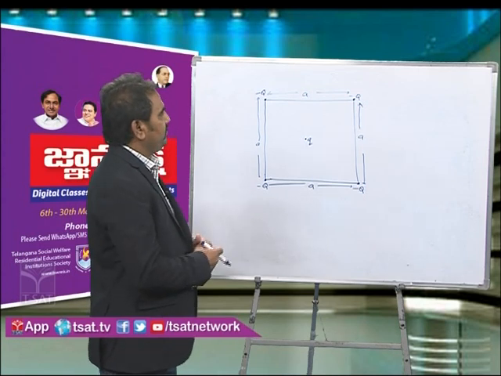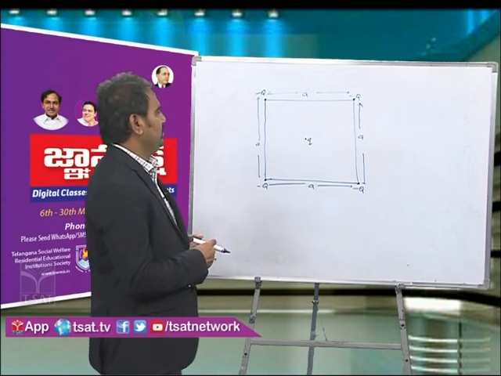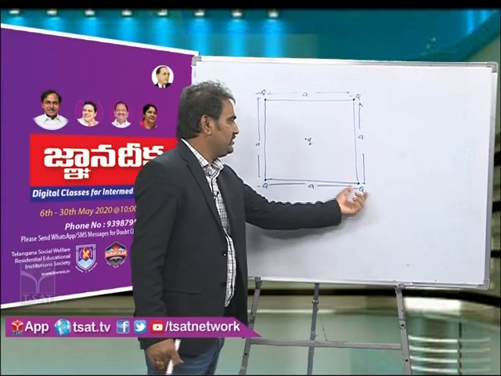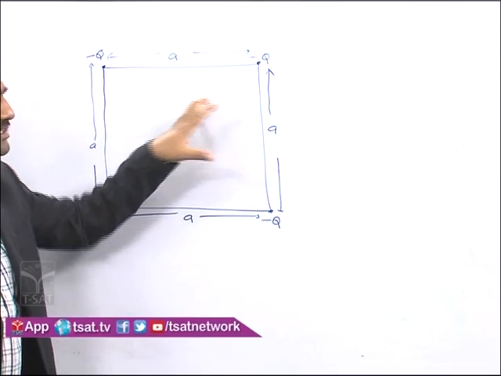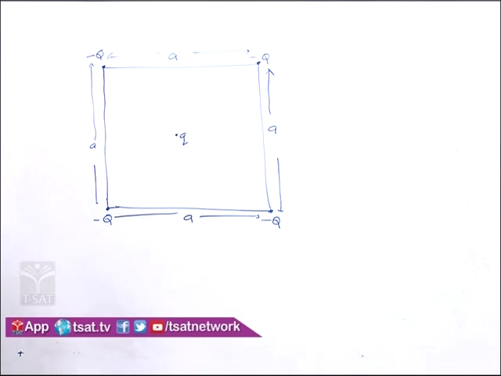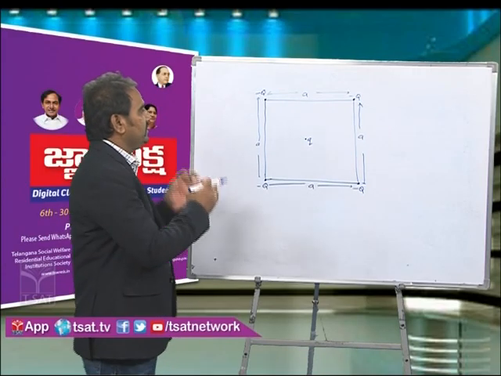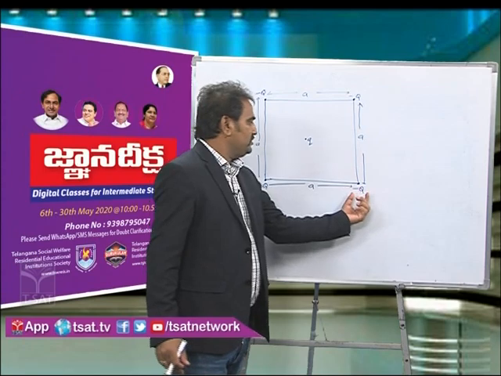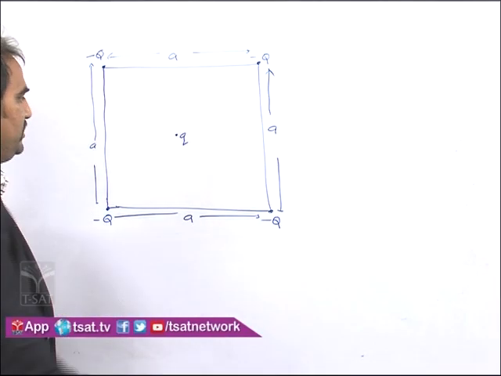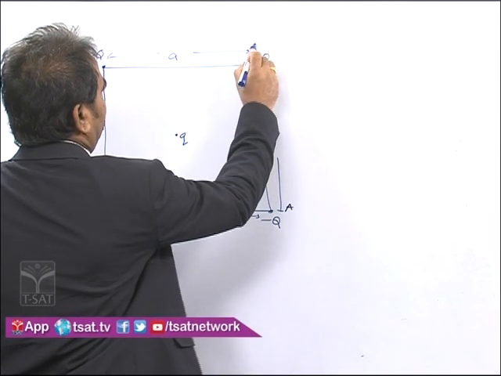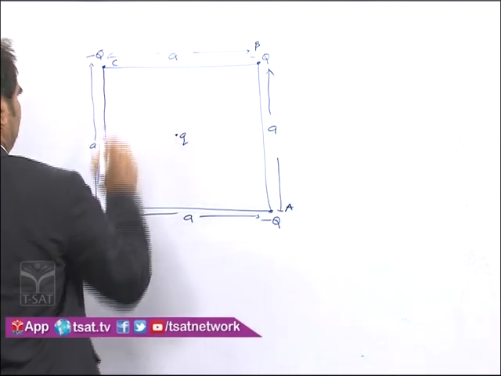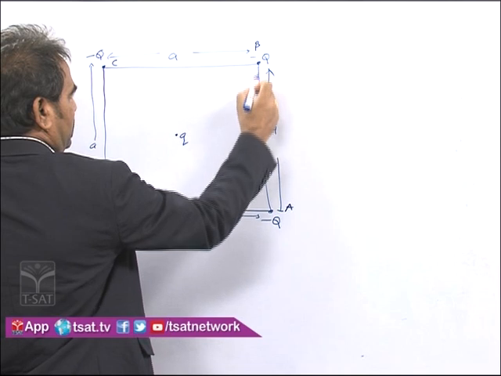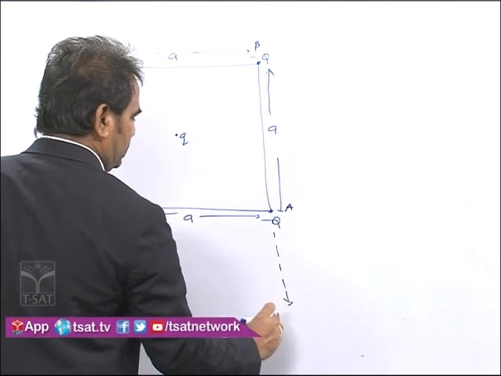If the net resultant force of the system is equal to the attraction force between this charge and the charge at the center, then the system would be in equilibrium condition. First we have to calculate the net resultant force of the system. I would like to calculate the net force of the system when a charge is placed at this point A. Let the corners of the square be A, B, C and D. These are the same type of charges. It would express the force along the direction, that is F1.